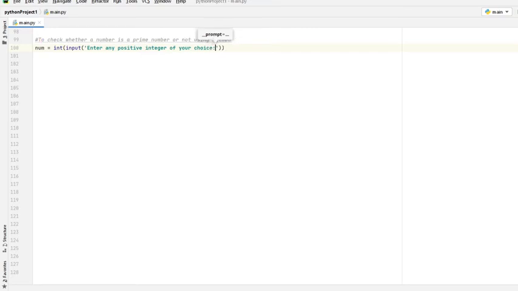Now what actually is the logic behind checking whether a number is prime or not? First of all, we have to check whether the number is equal to 1 or not.